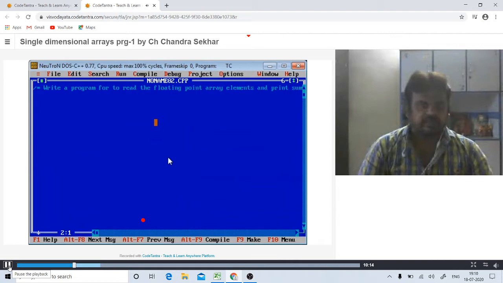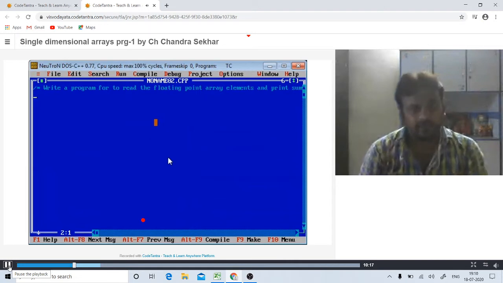So the aim is to read the floating point array elements and print the sum of those floating point array elements.